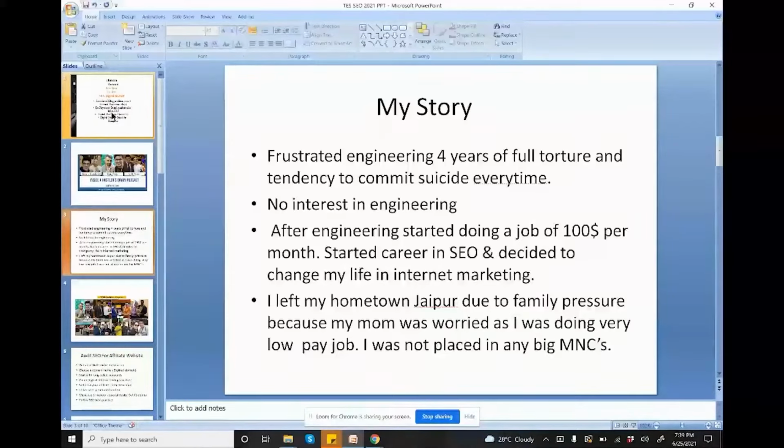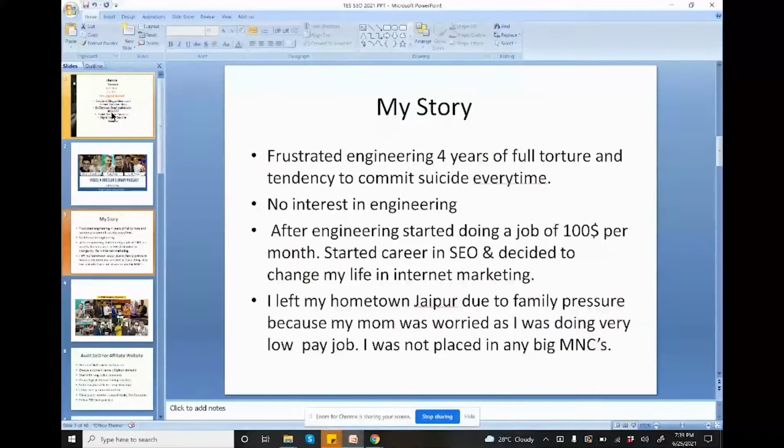Soon after my bachelor's degree in IT engineering, I got a job at $100 per month in SEO, and I was excited. $100 per month in India in 2012 was an okay amount, to be very honest. It was low paying for sure, but I was not getting any job at that time. I had no interest in programming and coding, so I got into SEO. Luckily, one of my friends told me I could do SEO.